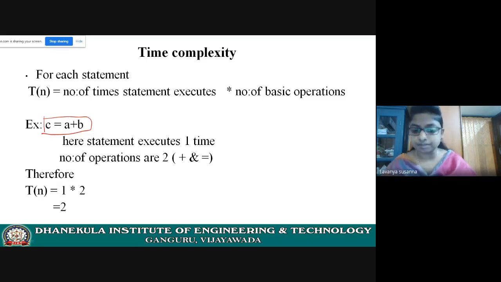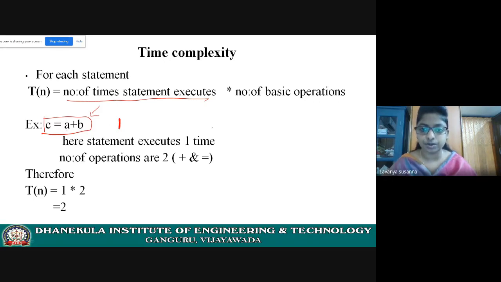In an algorithm or program, each statement will execute only once. So the number of times this statement executes is only once.